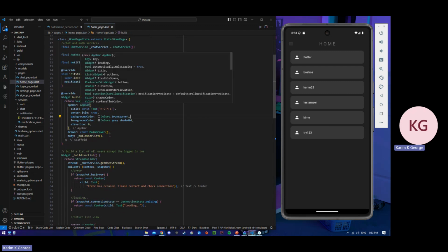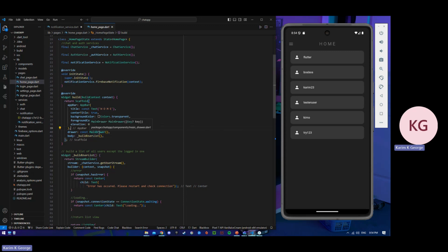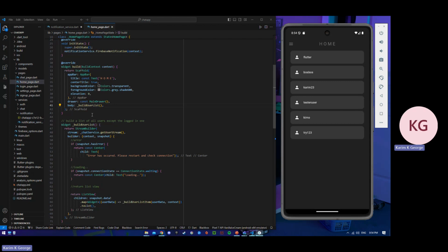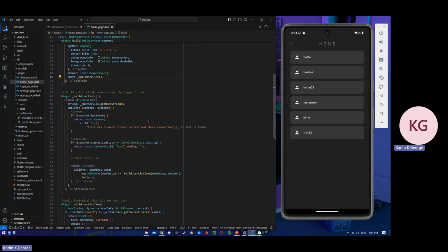Here is basically the widget build for the page, and it just creates the app bar, as you can see, with the drawer as my main drawer, which I'm also going to be going over in order to show you how it works, which is basically this drawer. And finally, the build user list builds this list. And when it comes to the build user list function over here,